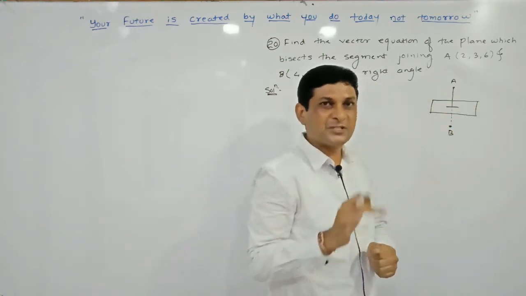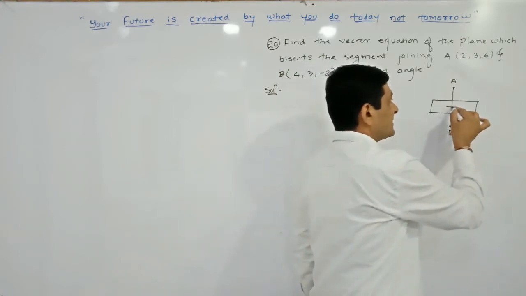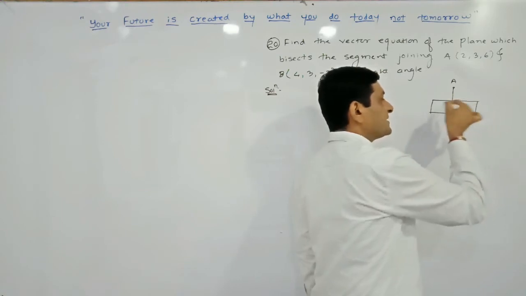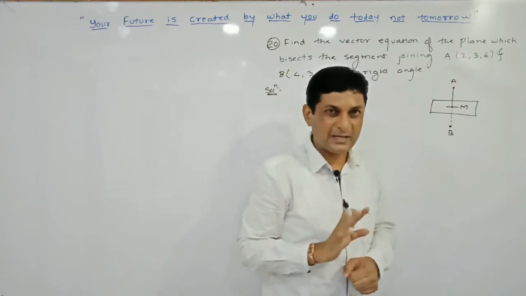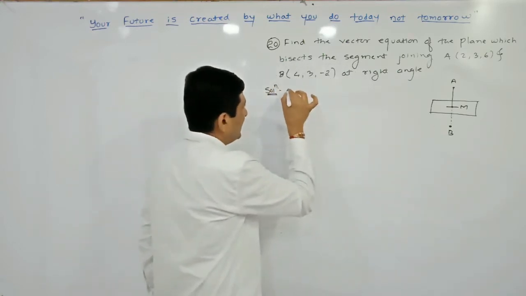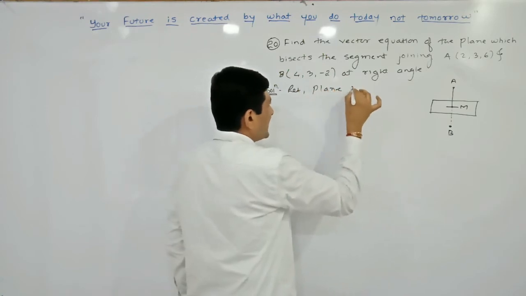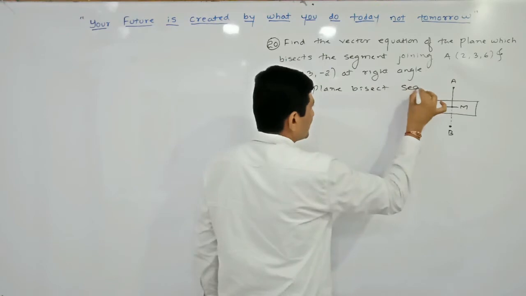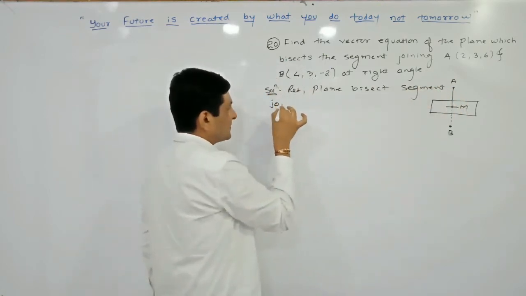Bisect means dividing this segment into two equal parts. Let us suppose this plane bisects the segment AB at point M. So what is our supposition here? Let the plane bisect the segment joining the points